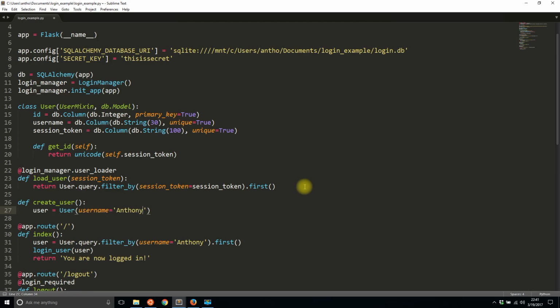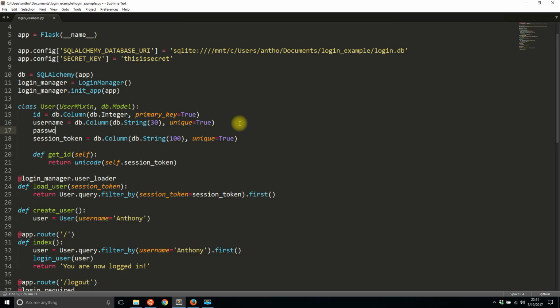So the username is Anthony. And you know what? I'll add a password column too, just to make things a little more clear. So db column, let's make it 30 characters as well. So username, and then password is going to be password 1. And then finally, I'll create a session token